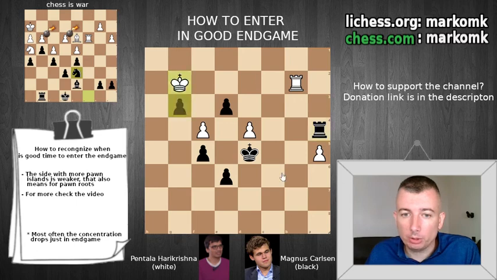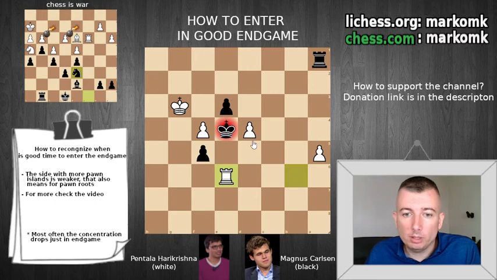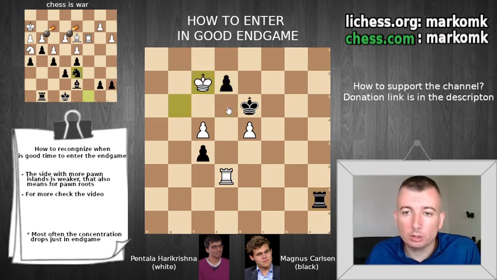Now after rook a4, king g3, and then Magnus played king e4, but now it's a different situation because the rook can't help in moving the white king out of the game. So this is different. Rook a1, and then white captures on e6, king d3, and he pushed the pawn. So we push the pawn also, Magnus captures, and after king f2,